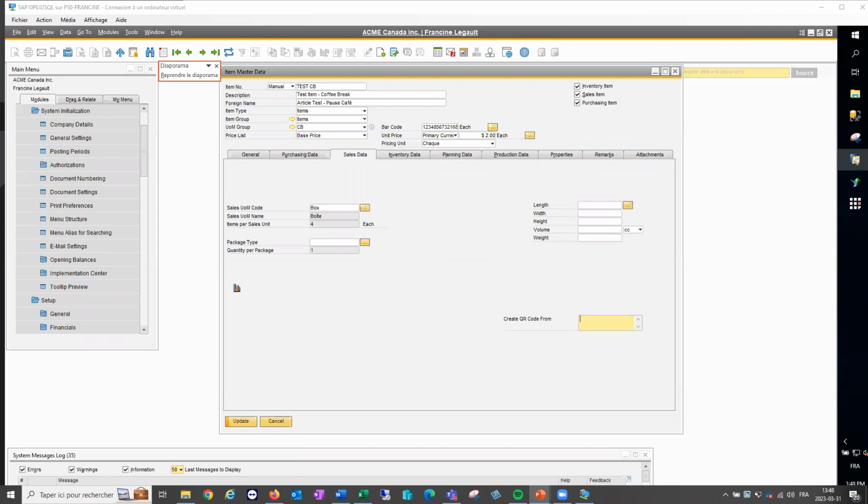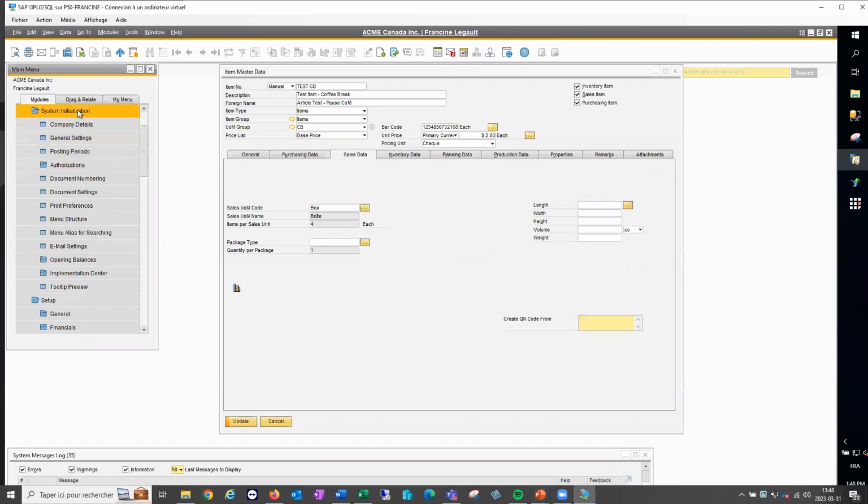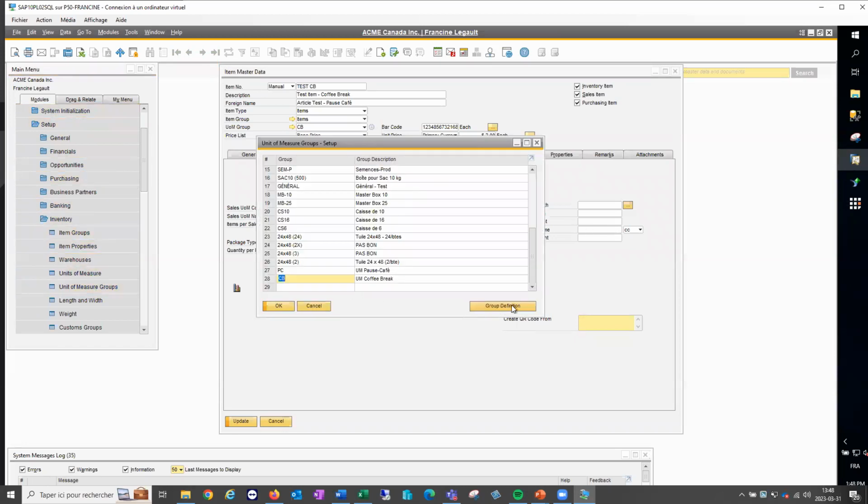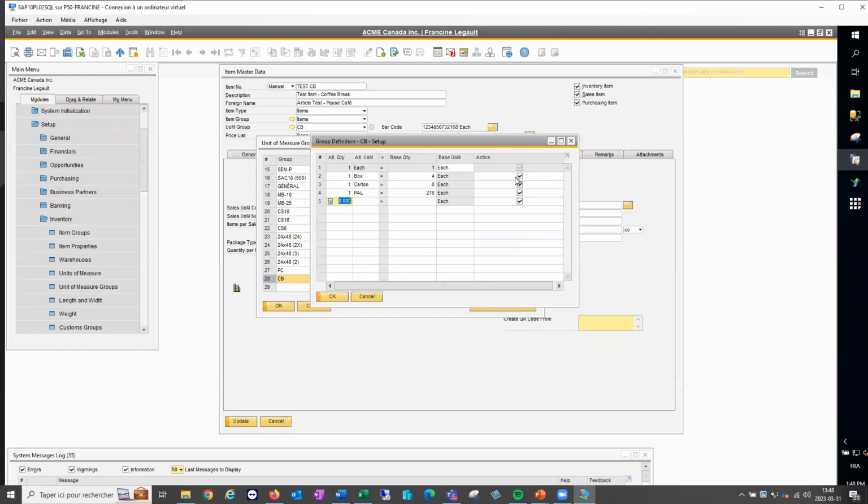The other feature that you have in SAP 10, let me show you. I'll go back to my units of measure groups here. I'll take my group, group definition. You have this button here, from which you can deactivate a unit of measure. So if I say, well, now I'm not going to be using boxes anymore, I'm going to sell only by carton and my supplier doesn't send me boxes anymore, you can just deactivate that unit of measure.